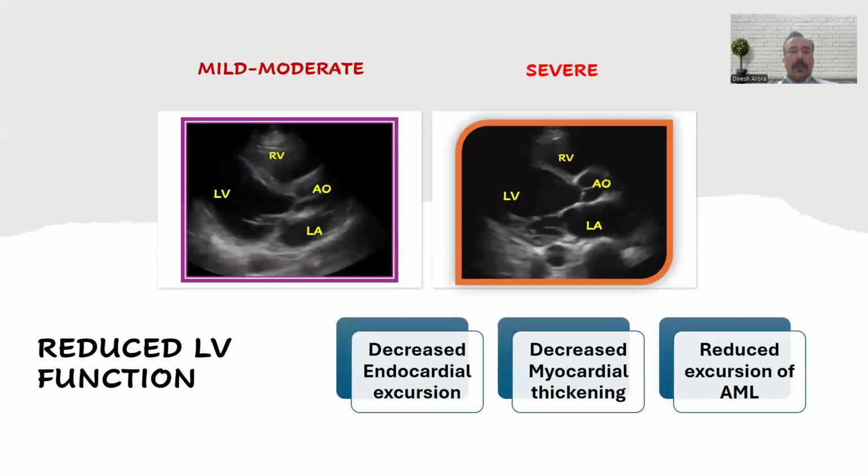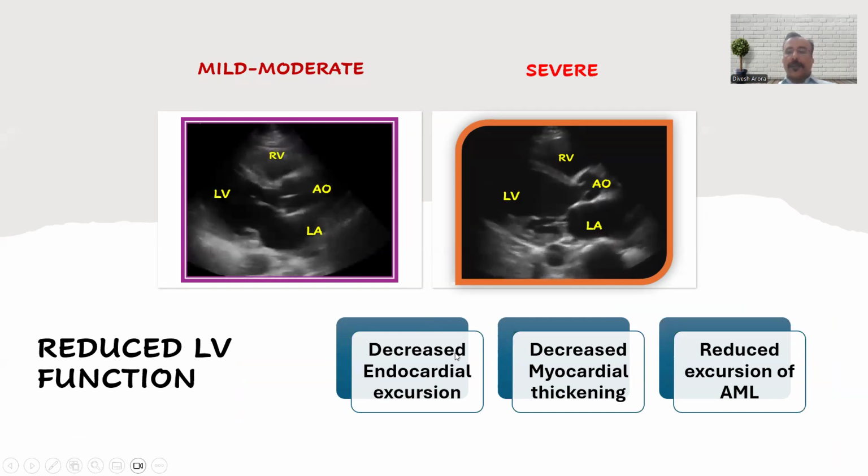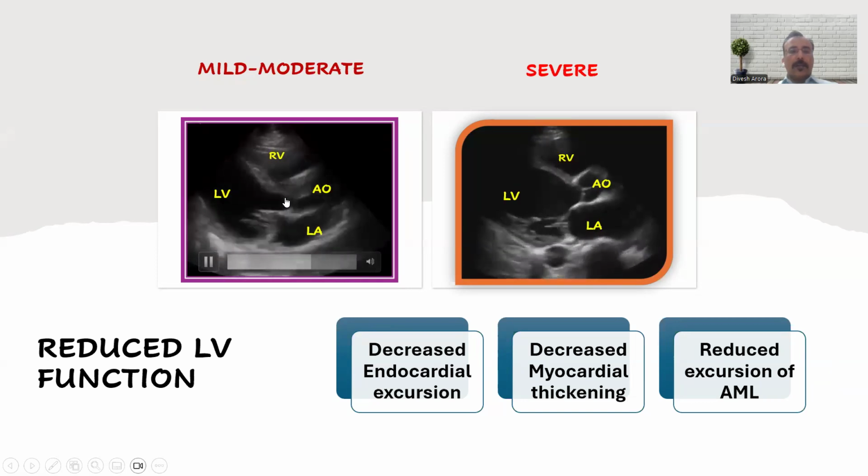What about reduced LV function? It can be mild to moderate or severe. And the principal features would be decreased endocardial excursion, decreased myocardial thickening, and reduced excursion of the anterior mitral leaflet towards the interventricular septum. The left hand side of the image, which is labeled as mild to moderate LV dysfunction, you